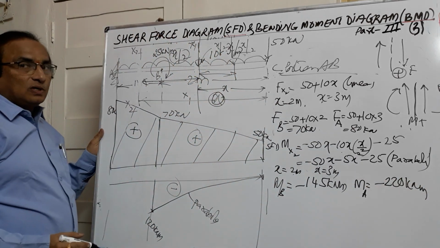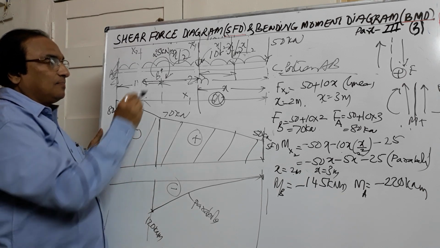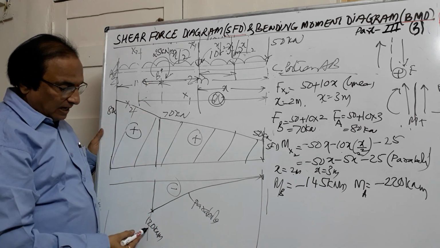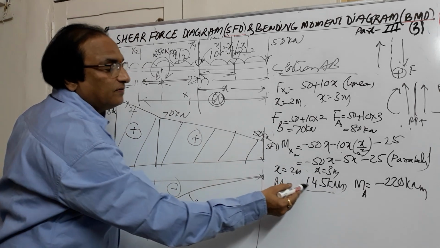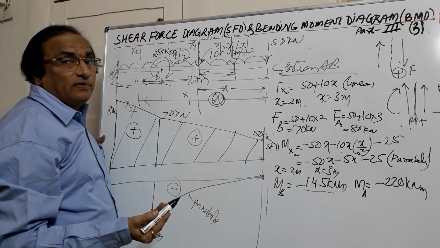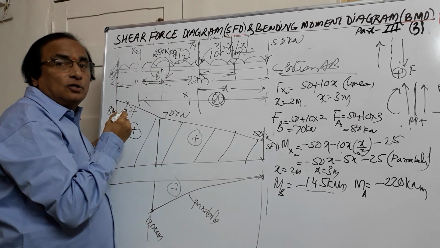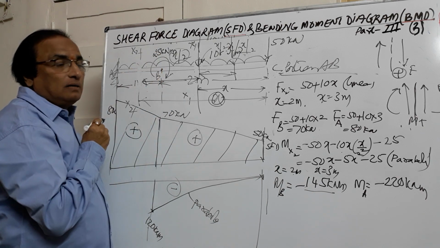Now, one thing you are finding the difference here, every time I was telling bending moment at particular point will be same. But in this case, moment at B, we had 120, now we are getting 145. Now what is the difference between this and this? 145 minus 120 is 25. That 25 is nothing but the moment already acting at the point. So they will not be matching. We have to take into account this bending moment also.